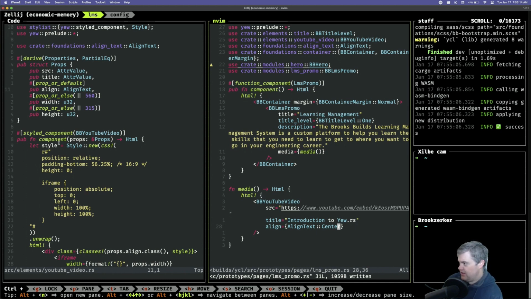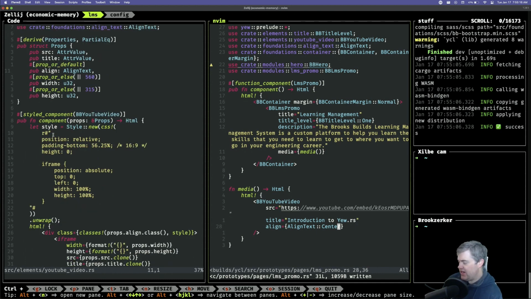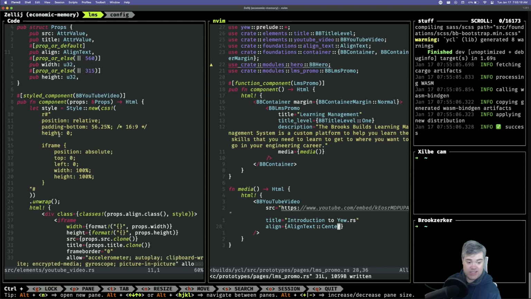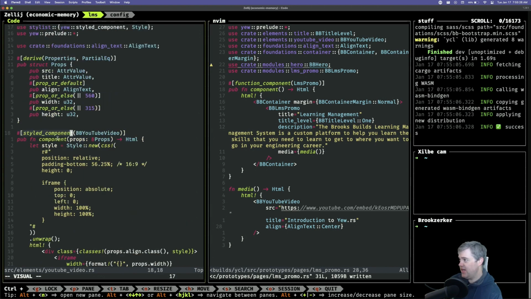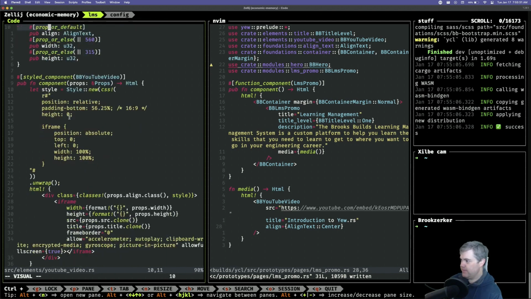Okay. Now I have this style. So this is an example of what the components look like with inline styles inside of them. I changed it from a function component to a style component. I'm pulling in stylist. I have some padding. I have height set to 0. Oh, right, there was some trick that I was trying to use to make it actually appear, or how I can style it the way I wanted to. I wonder